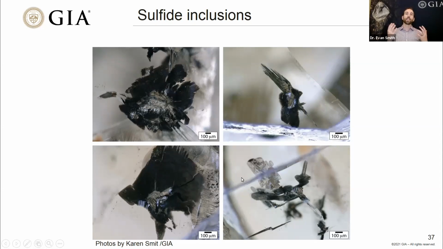If we're going to talk about this idea of peridotite and eclogite host rocks, just finding a sulfide inclusion doesn't allow you to discern between those two options unless you get some idea of the composition, because the sulfide inclusions that we find in peridotite host rocks are much more rich in nickel compared to the sulfide inclusions in eclogitic host rocks. Sulfide inclusions in general are pretty common in diamonds, so these show up with some regularity.